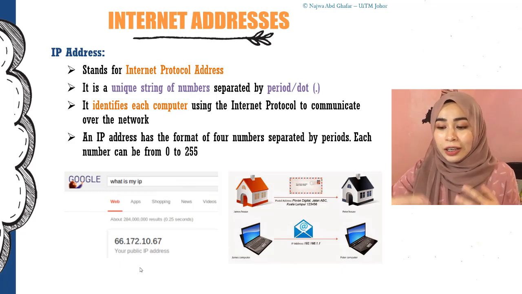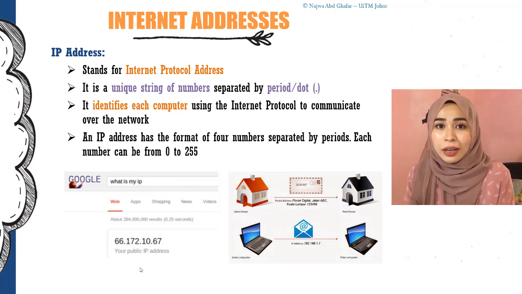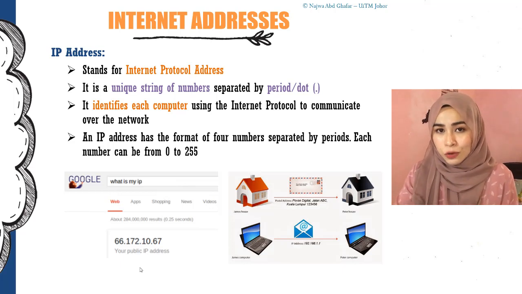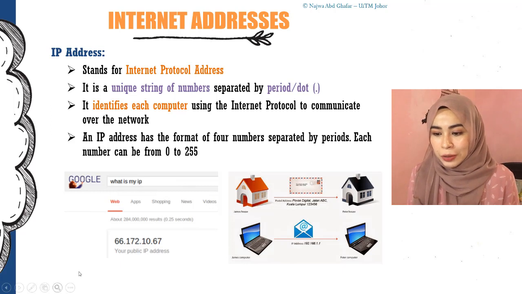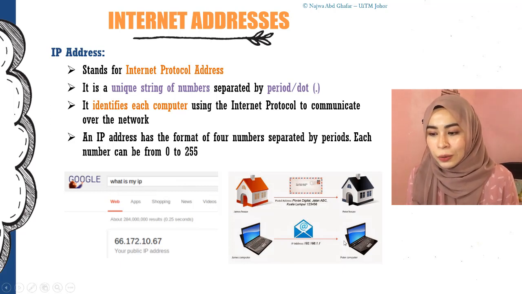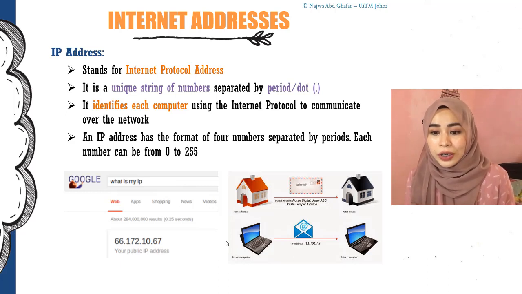So each computer that is connected within a network will have its own IP address. For example, if you want to send an email from this computer to this computer, you must know the IP address of this person's computer. Basically, an IP address identifies each computer using the IP, which is Internet Protocol, to communicate over the